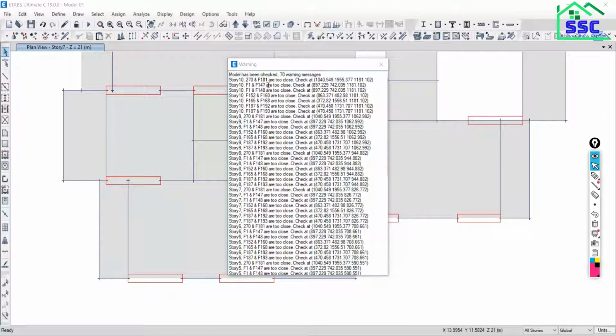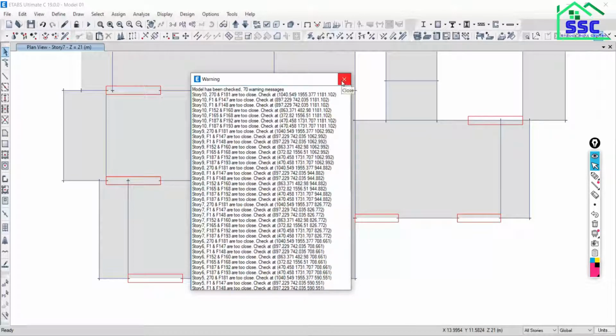J270 and F181. So I think it is a joint. 270 is the joint and F181.